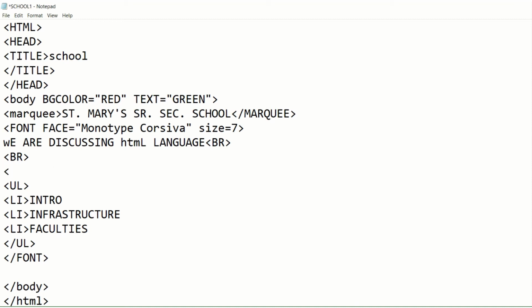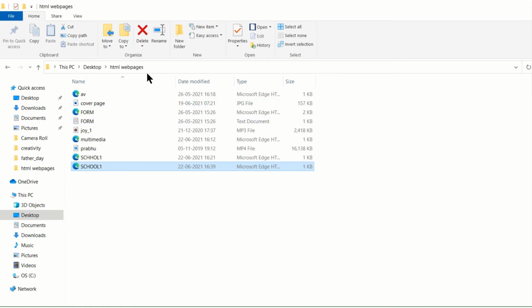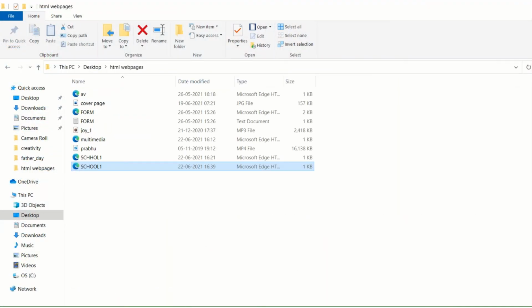So what we'll do is write video src equals, in inverted commas, the file name. We can check the mp4 file in our same folder, which is by the name Prabhu. Please check the spelling also, so that the correct spelling is typed there.